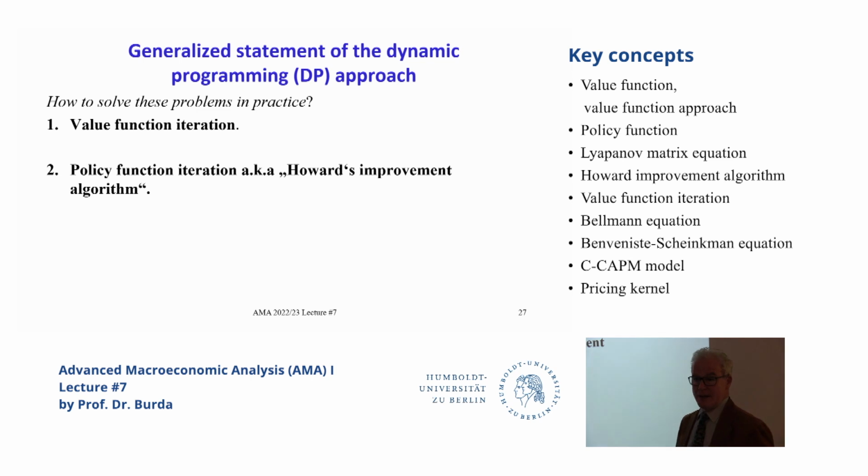We also talked about the second possibility already, which is to iterate on the policy function. We called it Howard's improvement algorithm. And we already talked about the other one, which was guess and verify. So I know what the value function looks like in advance. If I have a pretty good idea, theory would suggest, or maybe practice has suggested that it's going to be a linear quadratic. I'm dealing with a linear quadratic as an objective anyway, then I can pretty much be assured. Then I can use guess and verify to get the answer. Okay, so those are kind of the 3